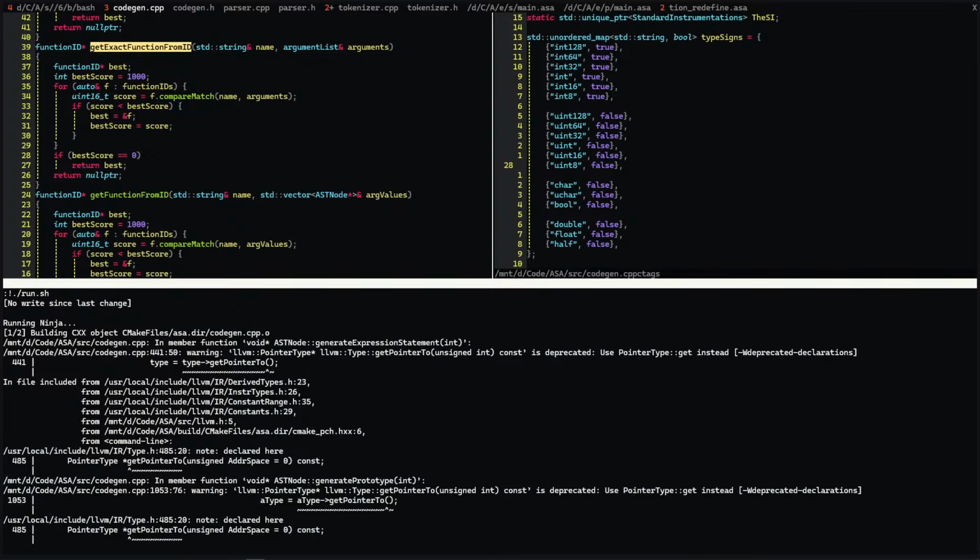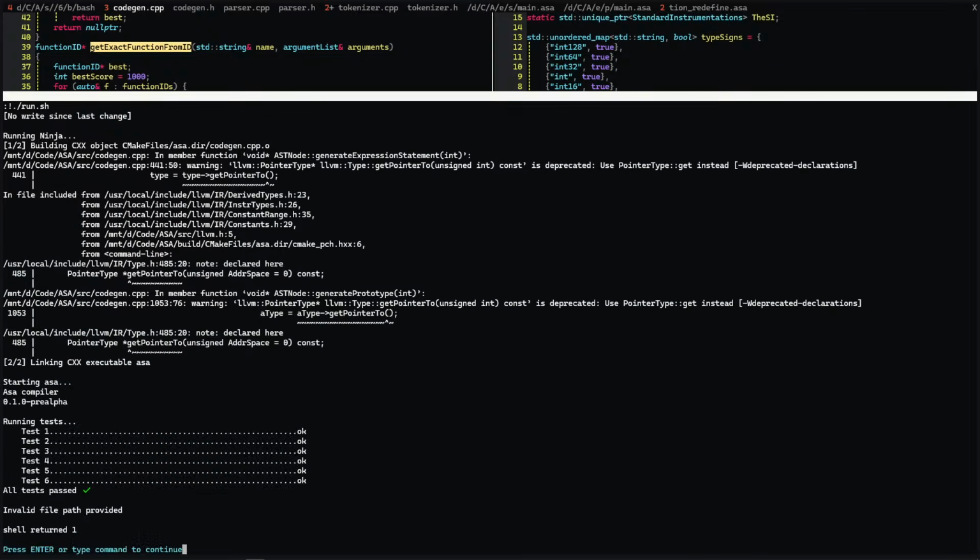But the downside is I said I was going to make ASA compatible with the Astro 8. So I'm either going to have to create my own backend entirely from scratch, which might not really be worth it, or I will